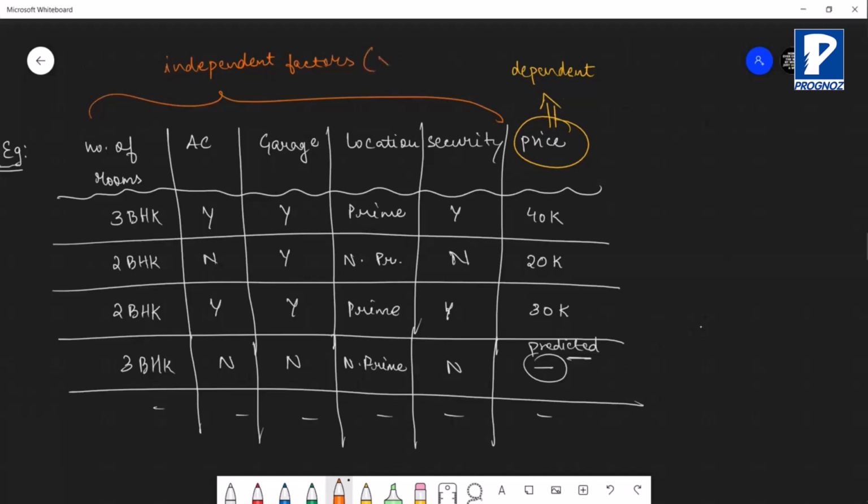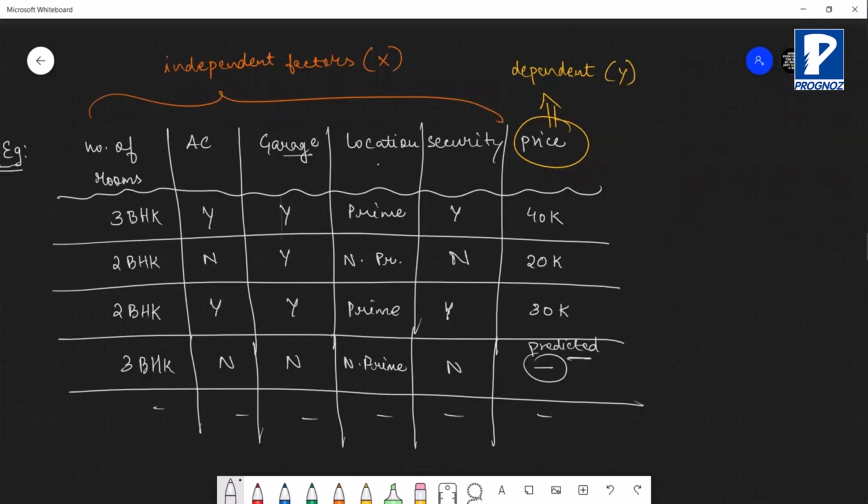Usually we denote independent factors by X and dependent factors by Y. This is a general representation. Why are they independent? If you change the value of garage from yes to no, there will be no difference in location. Similarly, if you change the location from a posh area to a remote location, the security will not change, there is no change in security as such.